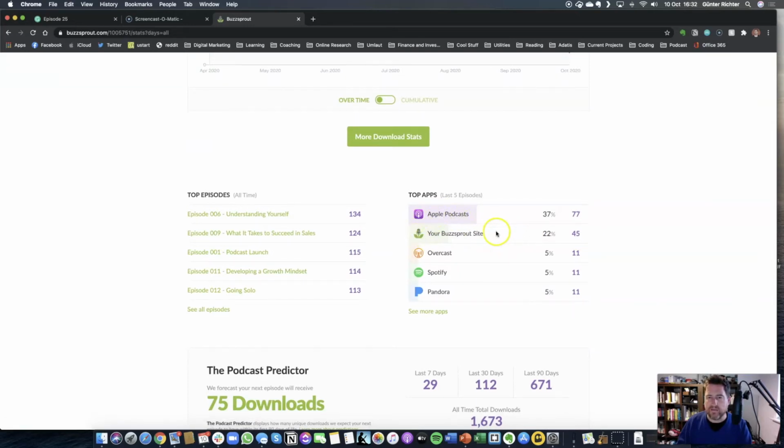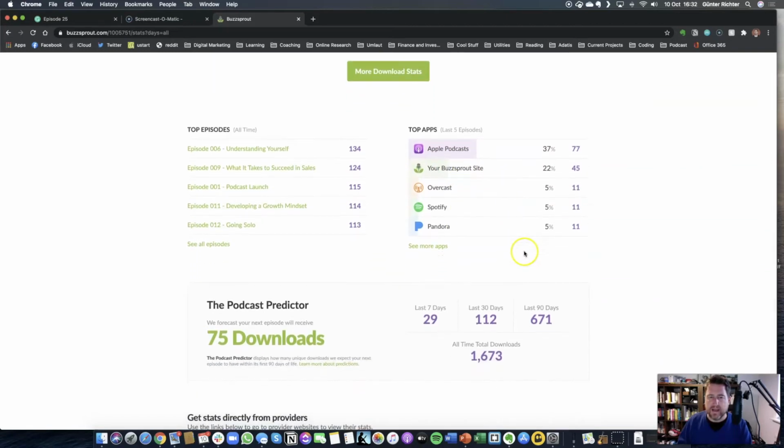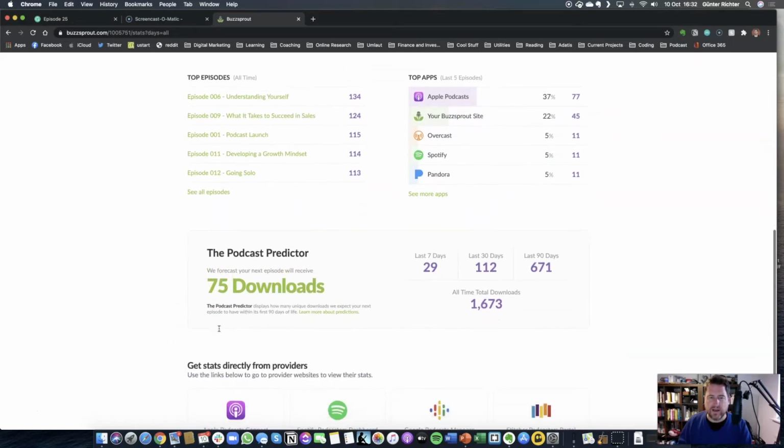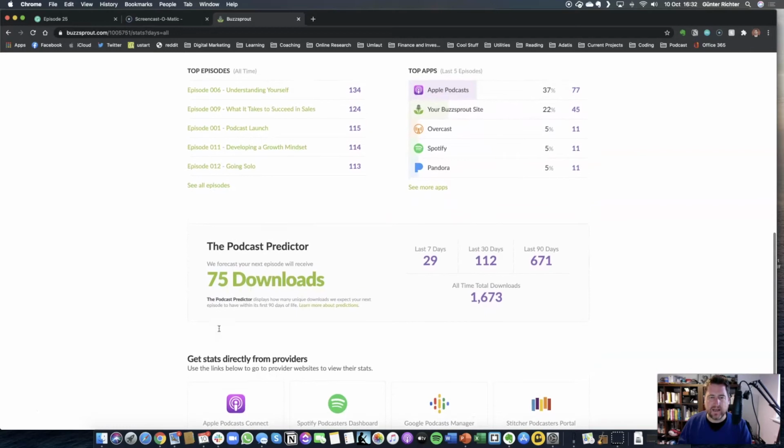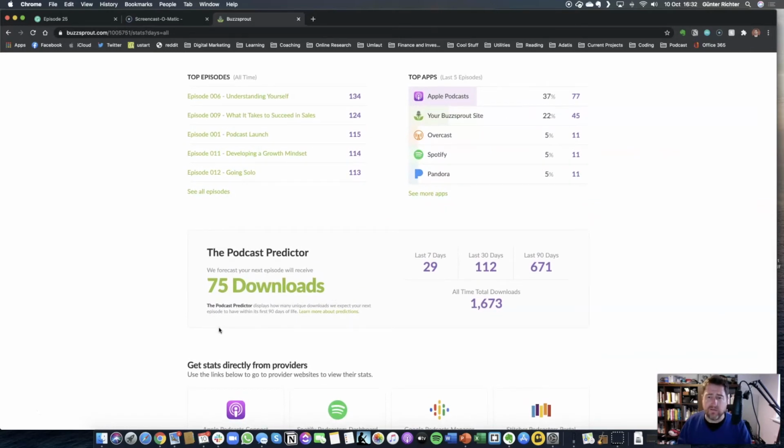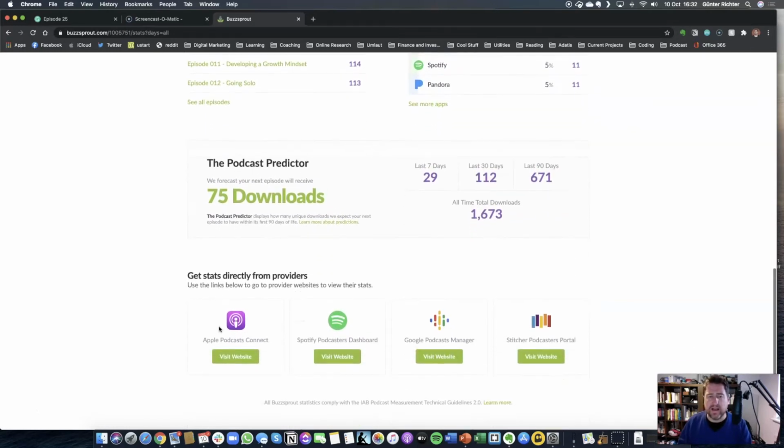22% are coming from the Buzzsprout site, and you can see there are some others. This also forecasts how many downloads you should get per each episode. It does vary depending on the previous episodes that you've published and how popular those are. And then finally, you can go to each of these providers and get a little bit more insight into your